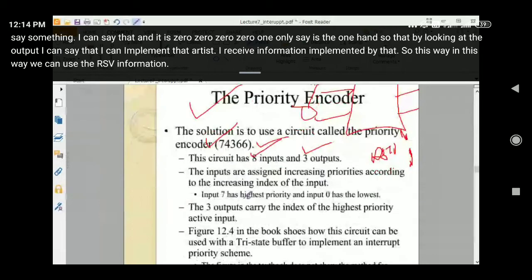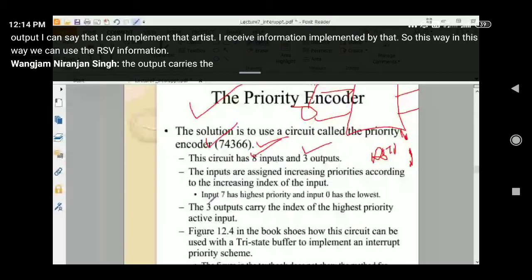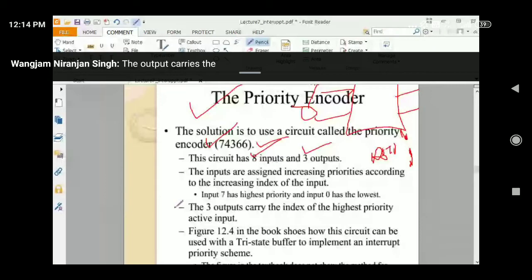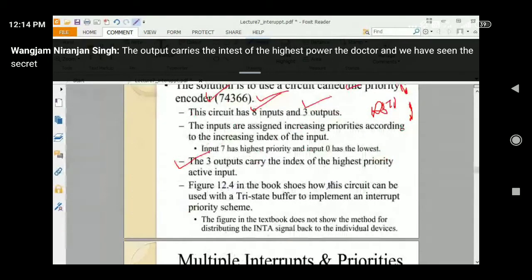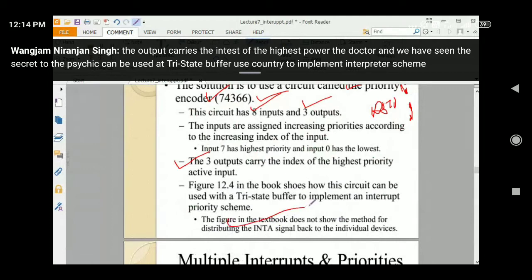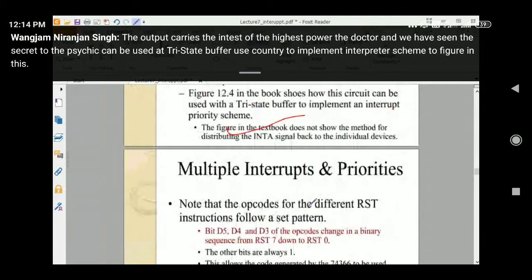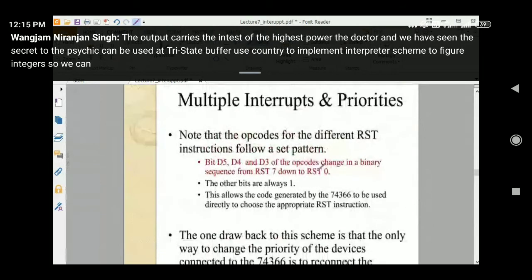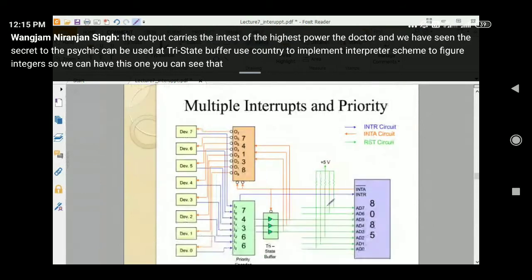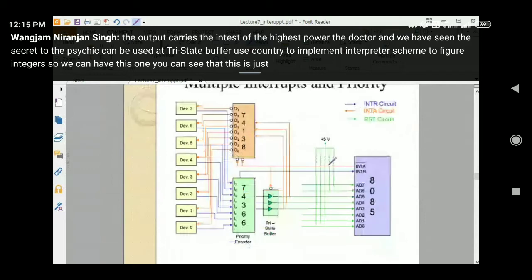The output carries the index of the highest priority bit, and we have seen the figure 12.4. The circuit can be used with tri-state buffers to implement an interrupt priority scheme. You can see directly, this is the description here. So just look here.